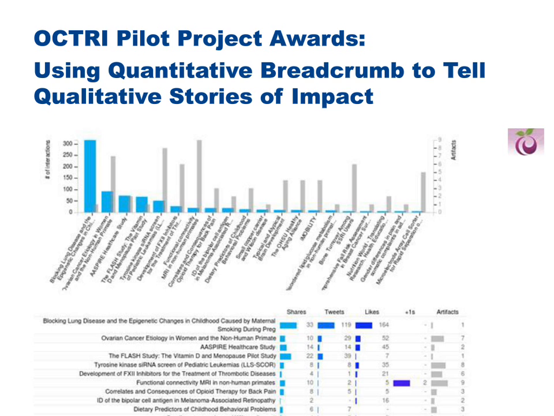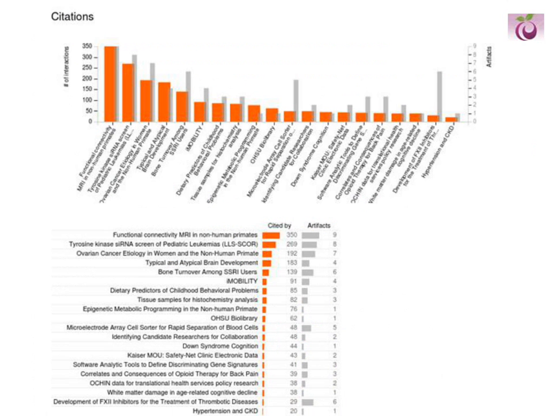This is also a view from our Plum Analytics dashboard, looking again at those pilot project awards, but this is citation data. And citation data is actually something we'll be valuing in the analysis, but I think it's interesting to point out here that that project that I just spoke about doesn't really rise to the top in this view. It's a much different benchmarking of the Pilot Projects Award when you take a look at the citation data versus the social media activity.